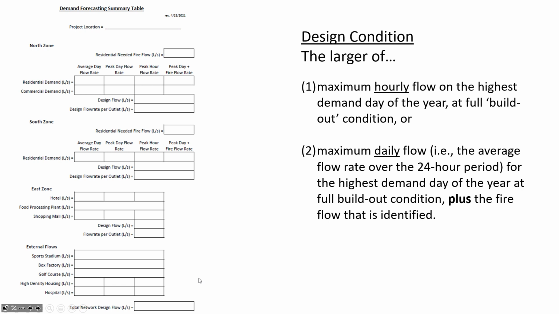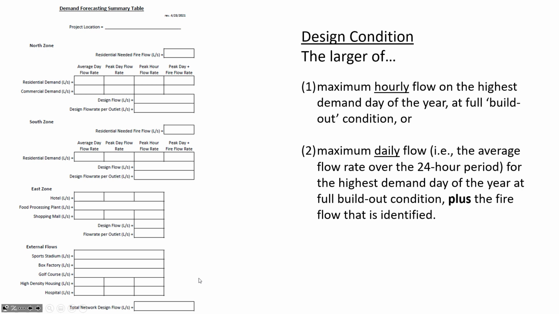Okay, so for instance, you'll notice that in Sacramento, the top row there, in the north zone, we're assuming that he needs to provide 15 liters per second for fire flows. The population density of the north zone is 20 people per hectare. And so from that, he's going to have to know the area of the north zone, using a ruler and some measurements there.